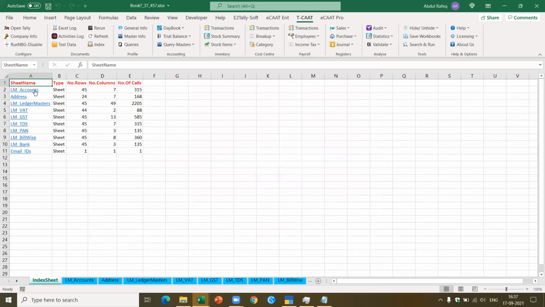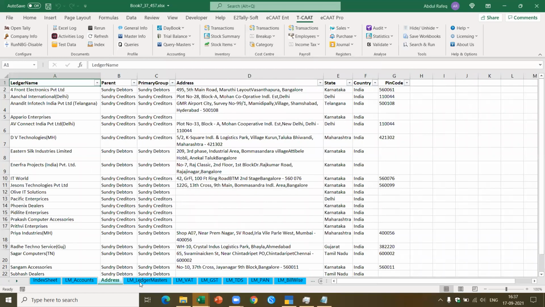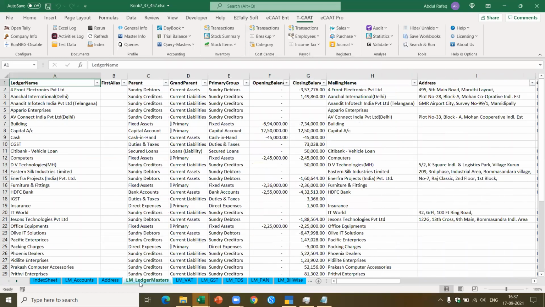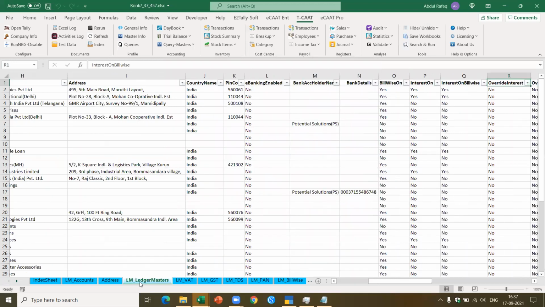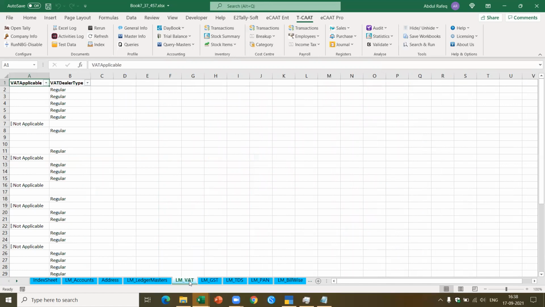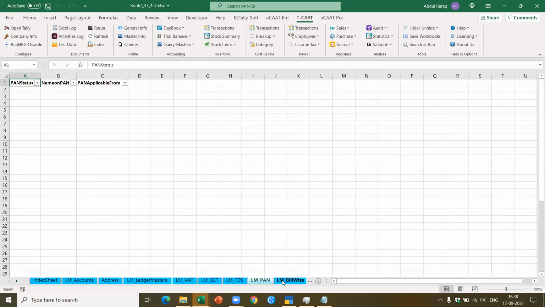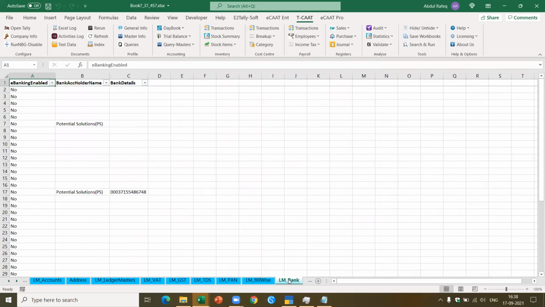Now it gives me the list of all the ledger accounts with the balances. It gives me the address of the parties. It gives me the ledger masters which have been created. It gives me the VAT details if it's applicable. It gives me the GST related details as available, the TDS details, the PAN details, bill-wise details, all the details pertaining to the masters available here in one go.